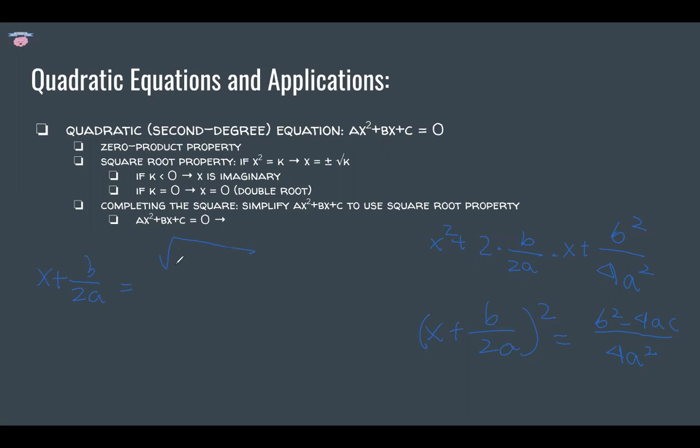So square root of b squared minus 4ac over 2a. This may look a bit familiar to some people, and here's why. First of all, we need the plus or minus. That will make it pretty familiar. And then we subtract this value from both sides. We get x is equal to negative b over 2a plus or minus the square root of b squared minus 4ac over 2a. And we can rewrite this